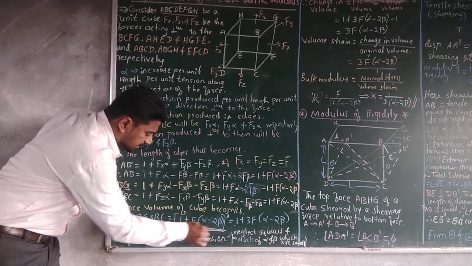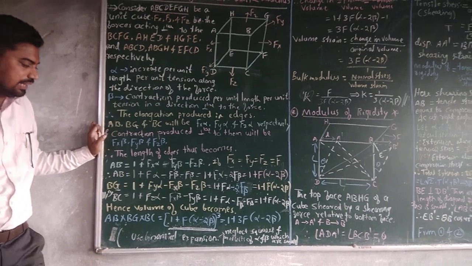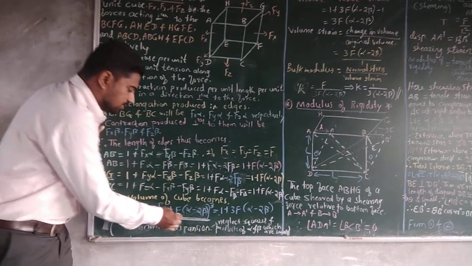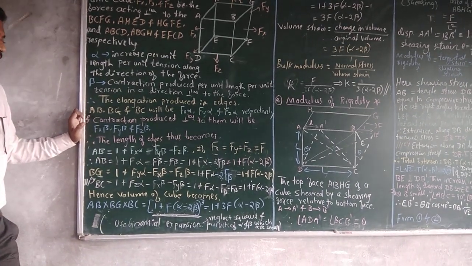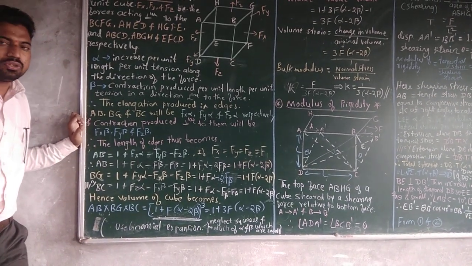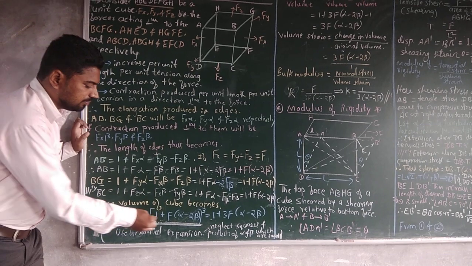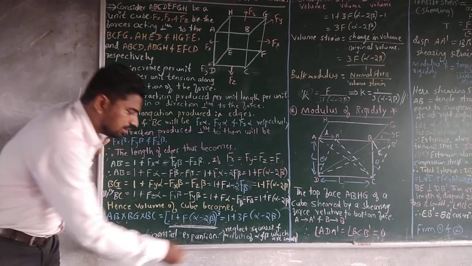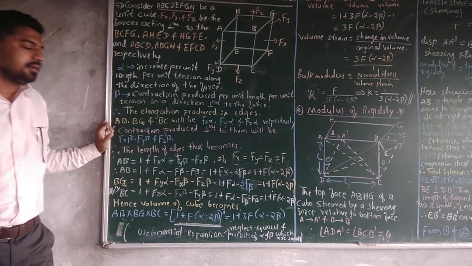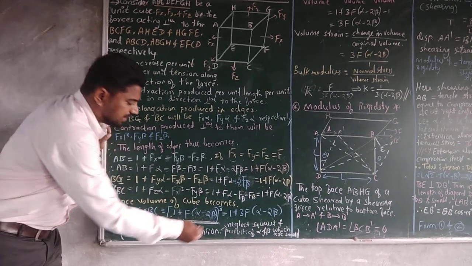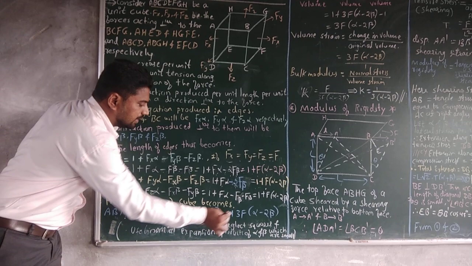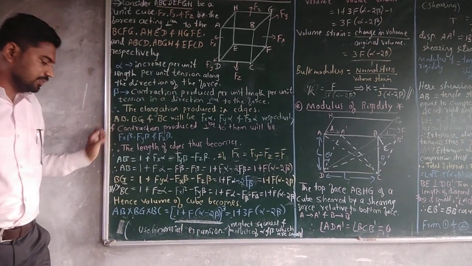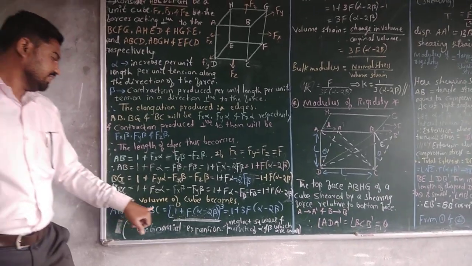This is in the form of the binomial expansion, 1 plus x raised to the power 3. The binomial expansion for this term is 1 plus 3x plus terms in x squared and so on. Now you have to neglect the squares and the small product terms of alpha and beta. Therefore, the remaining term is 1 plus, in place of x here, 3F times alpha minus 2 beta. This is the volume.